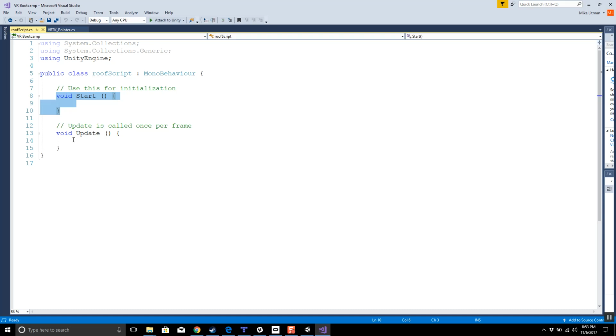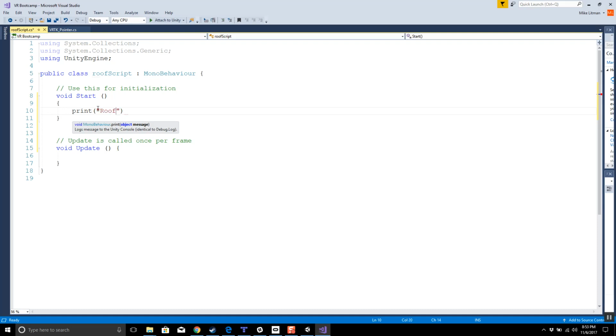So might be 100 frames a second or something like that. That guy will get called, update. There's also another one called fixed update. Fixed update gets called 60 times a second to maintain 60 frames a second. So in any case, whatever you put in update gets repeated. Whatever you put in start doesn't. So I'm going to go ahead and we'll just do a print,